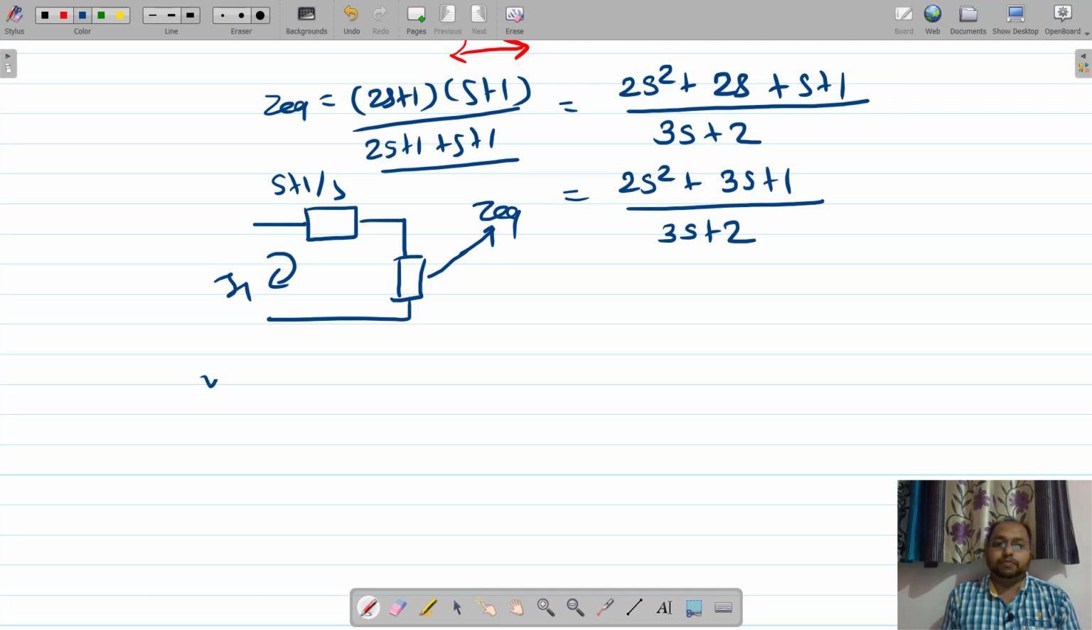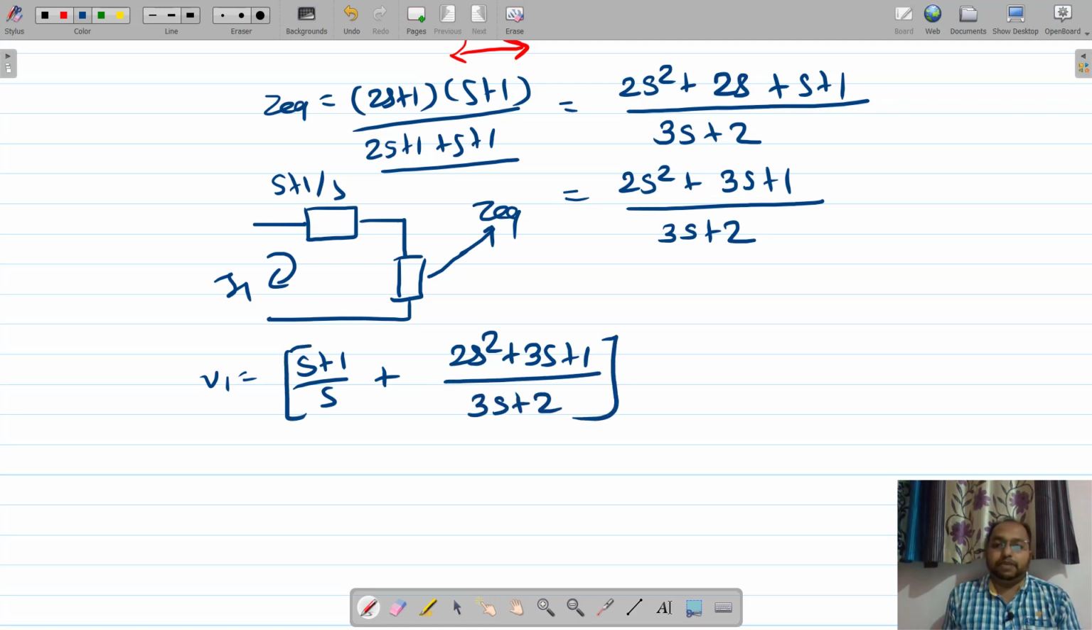V1 is equal to (s plus 1) divided by (s plus 2s square plus 3s plus 1) divided by (3s plus 2) multiplied by I1. Okay, fine. So let us take V1 divided by I1 like this, and let us do the cross multiplication so that we can make the denominators common. (s plus 1) into (3s plus 2)